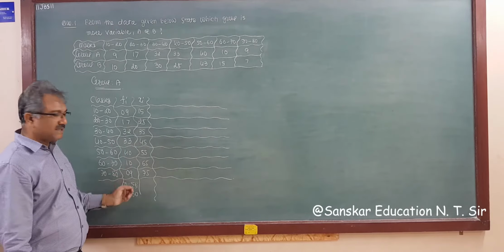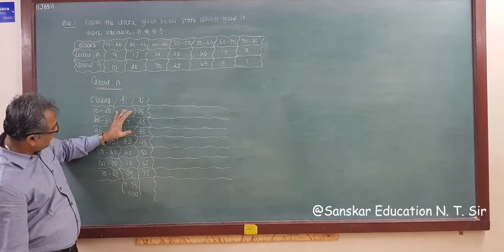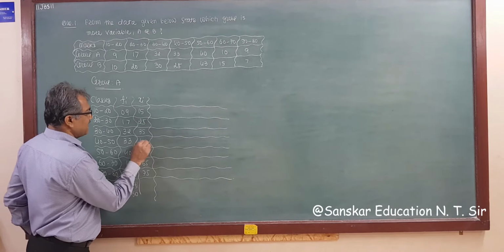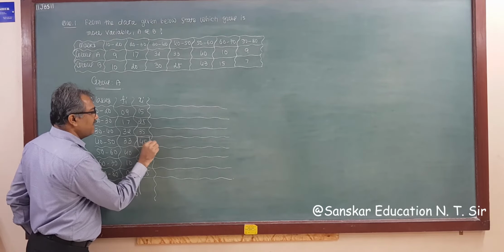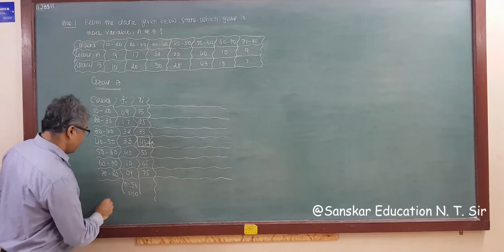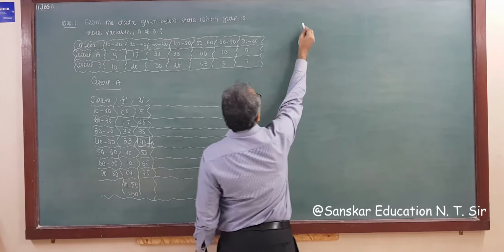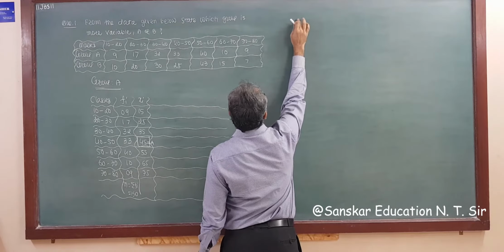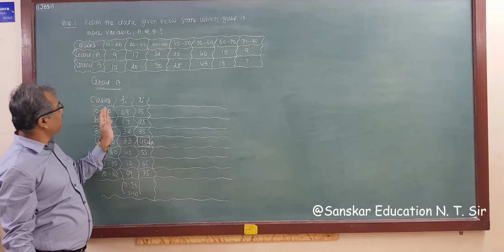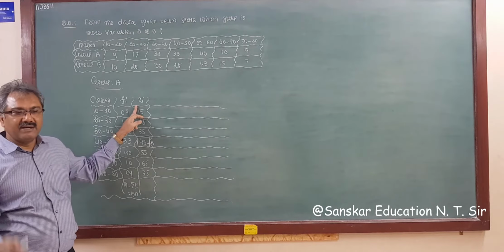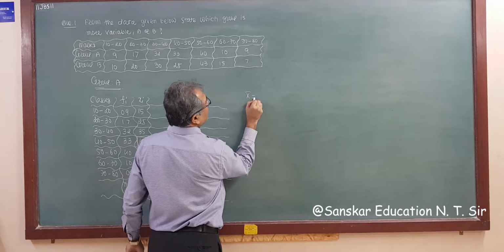From this, we have to assume a mean. So suppose we are taking the middle observation, that is 45. So 45 is our assumed mean, A. So suppose I'm solving here for group A. This is the calculation for group A. So what do we require now? Fi, Xi. Then we require Di, Fi Di and Fi Di square. So for group A, X bar is equal to, I am solving here.